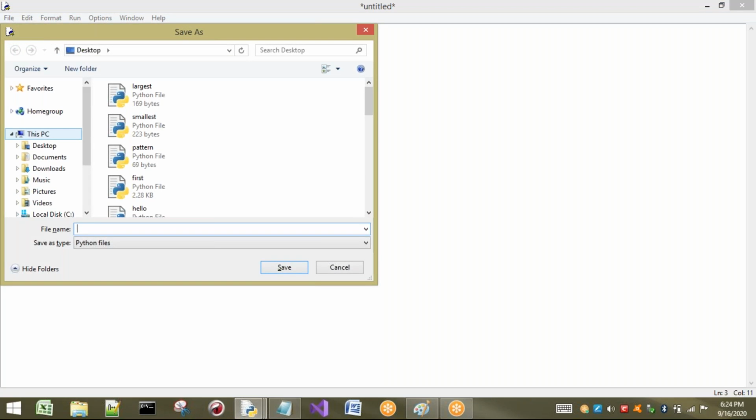x equal to 1. While x less than 10, print hi. First, one thing you have to understand is what is the x value? 1. Is 1 less than 10? Yes. So it will print hi. Once again it goes to the while loop. Is 1 less than 10? Yes. So it will execute hi. Once again it will go to while, and so on. It will execute n number of times.